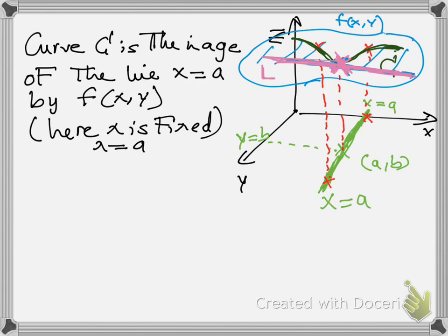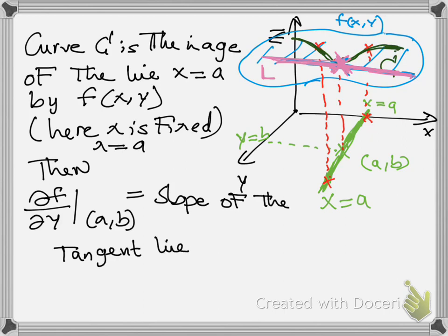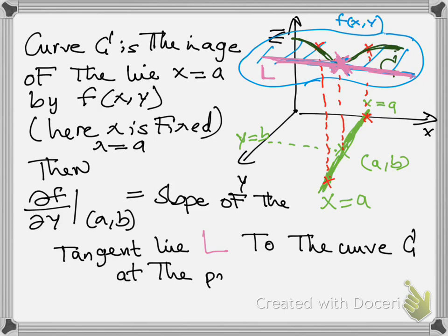Okay, so partial f, partial y at the point (a, b) will be the slope of the tangent line L to the curve C at the point (a, b), f of (a, b). So by definition,